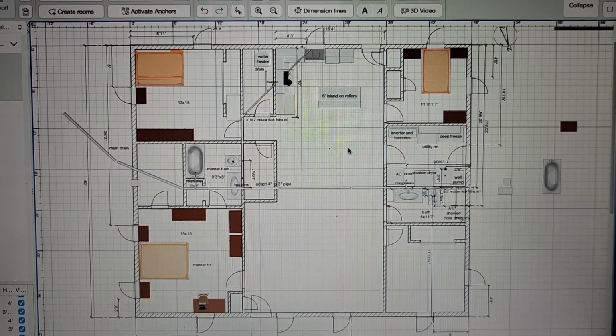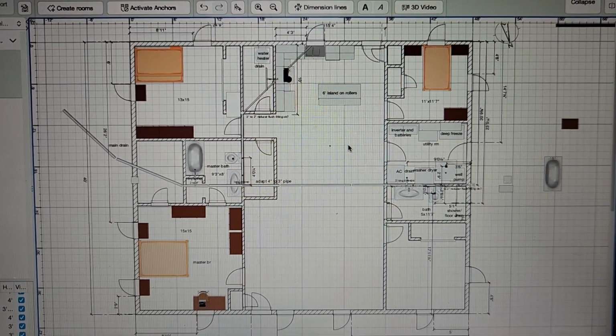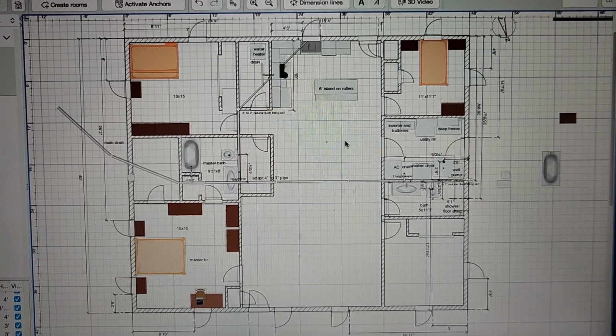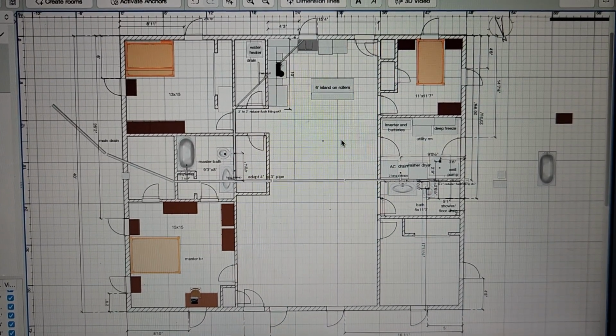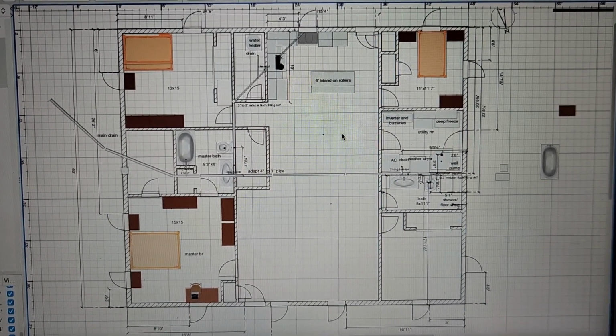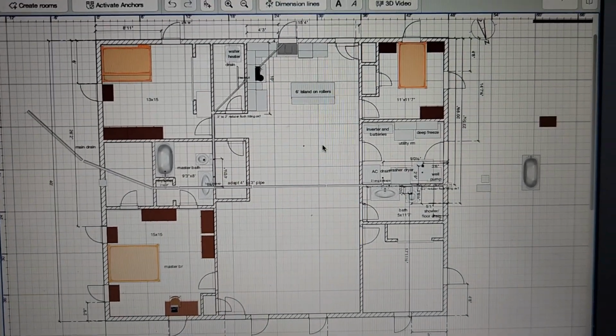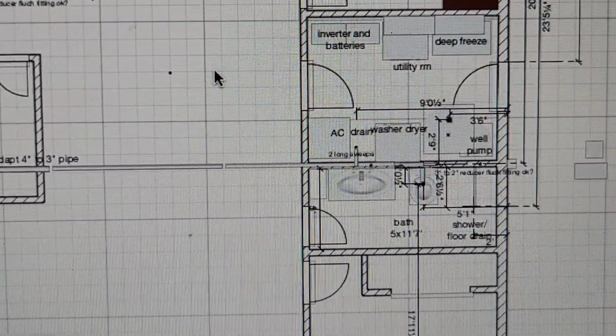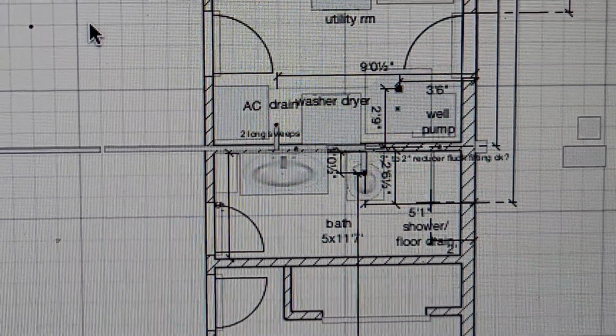Okay, here is the final house dimensions. I pulled out some furniture so we can see the plumbing, and you can see the dimensions on the top side and on the left side if you zoom in or look real close. But anyway, just to give you the general layout of plumbing here, I somewhat drew it to where that toilet